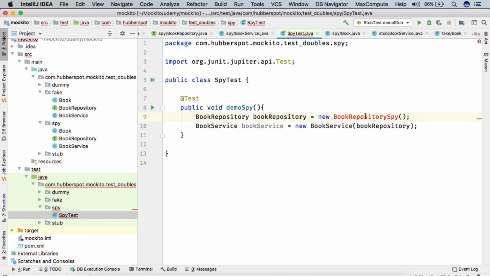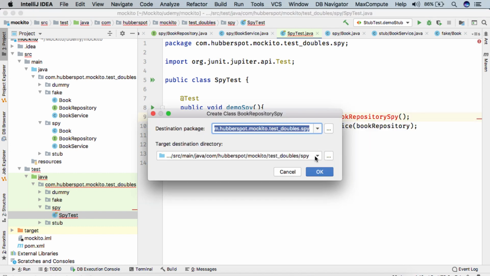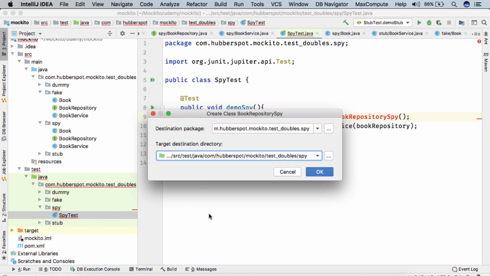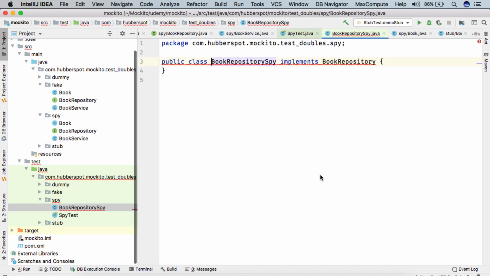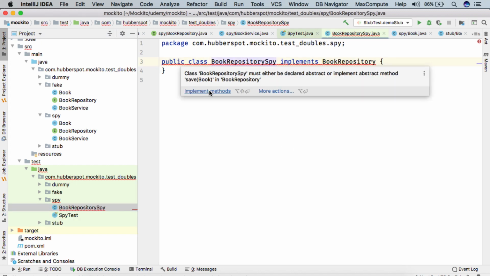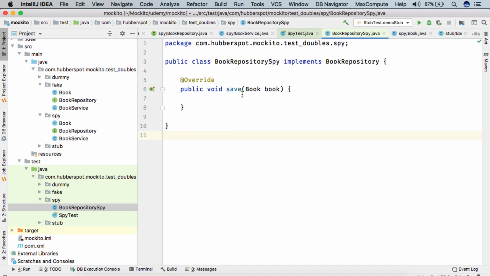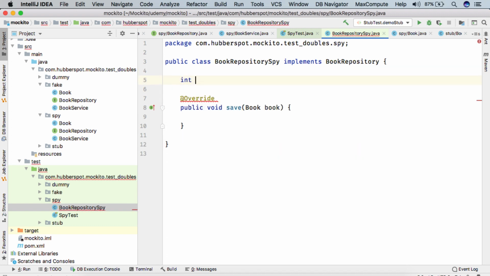Now let's create this class. We'll keep it in the same package. We'll implement the method save. So here, as we have created this book repository spy, now we need to give it a capability to record every interaction made with this save method. So what we can do is, here we say